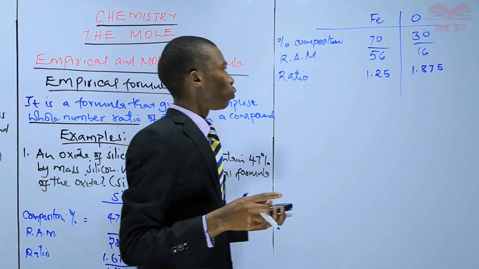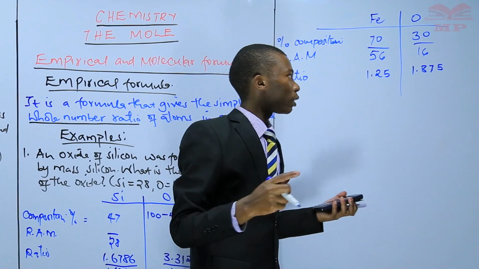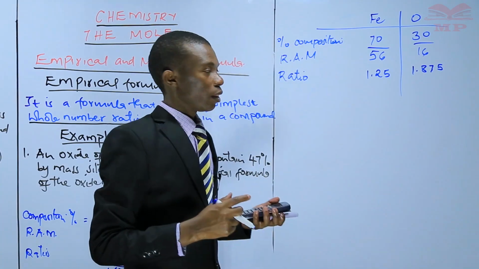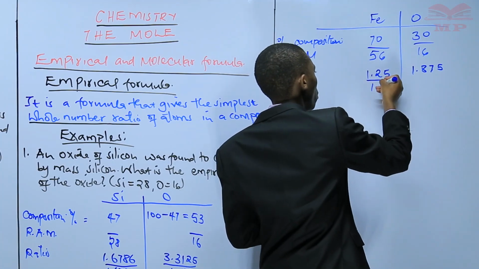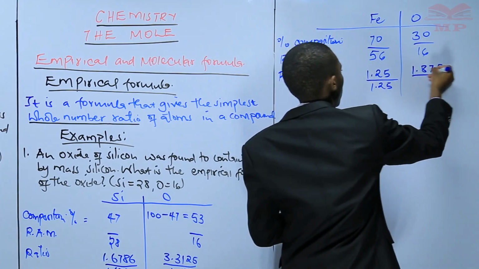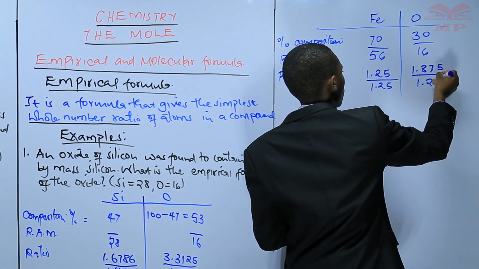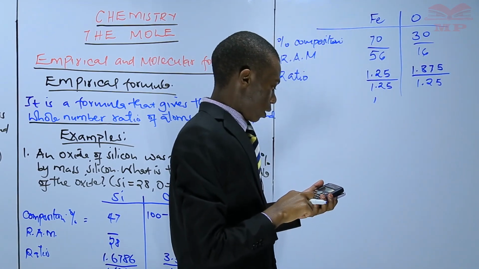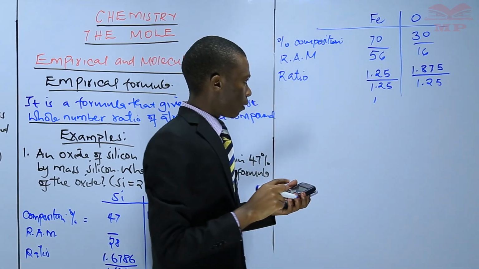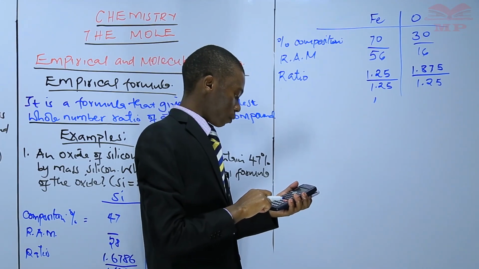We have 1.25 and 1.875. Therefore, the smallest is 1.25. On both sides we divide by 1.25. This definitely gives you 1, and 1.875 divided by 1.25